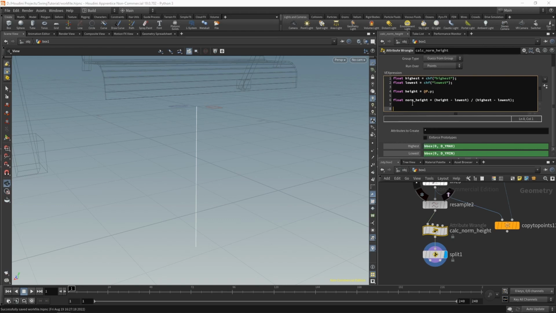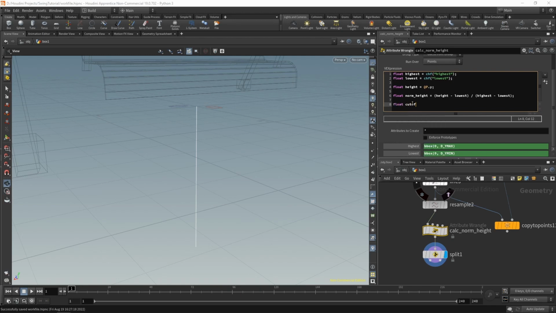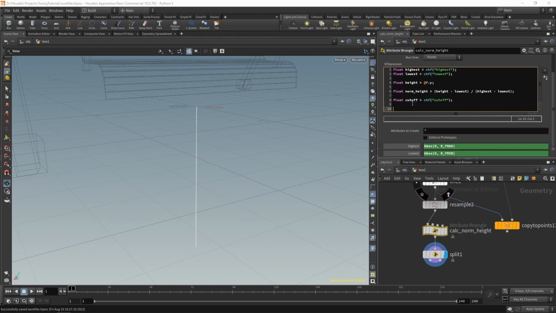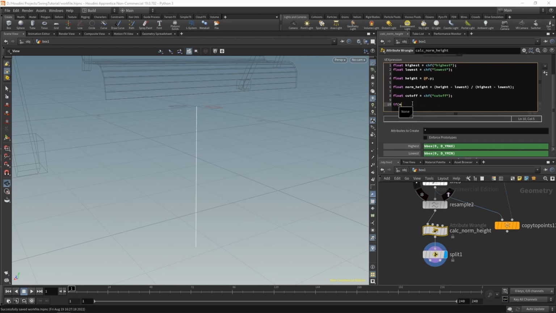So I'm going to create an input parameter called cutoff. So if norm height is below the cutoff,